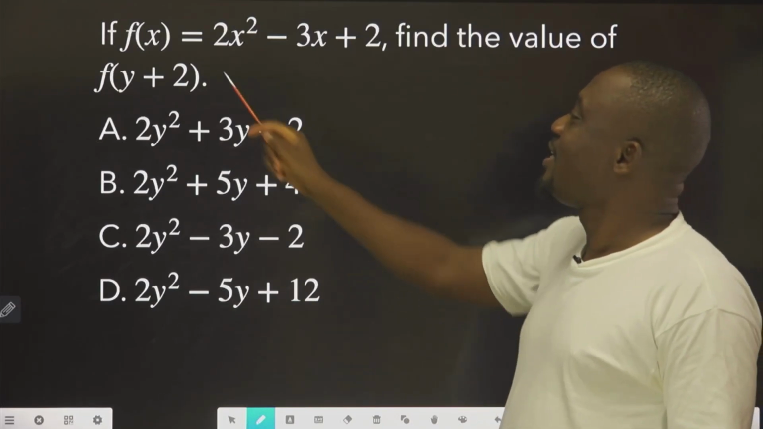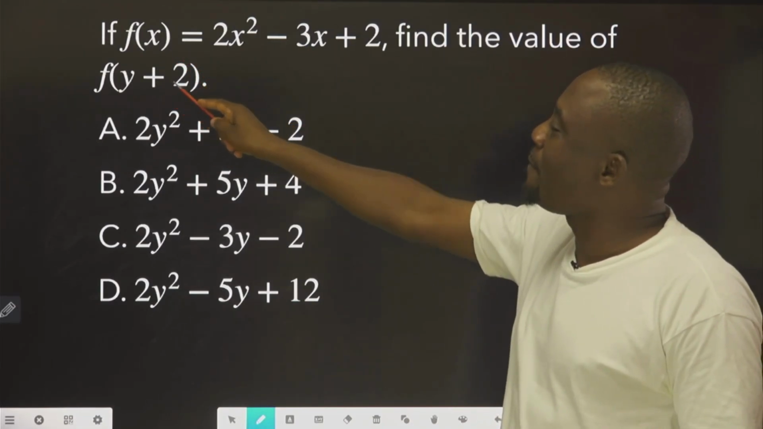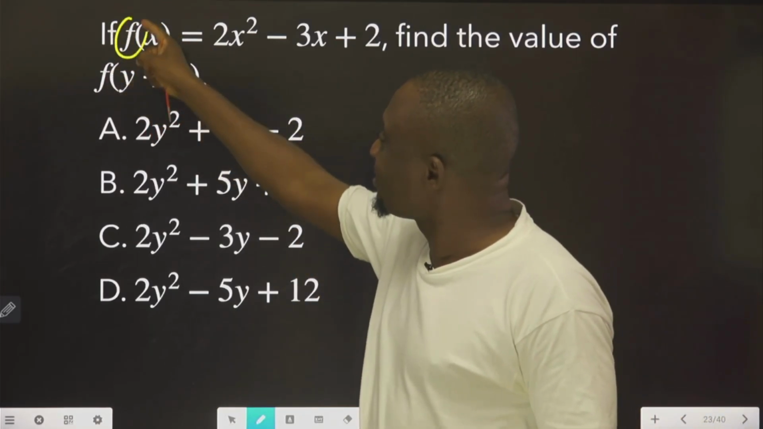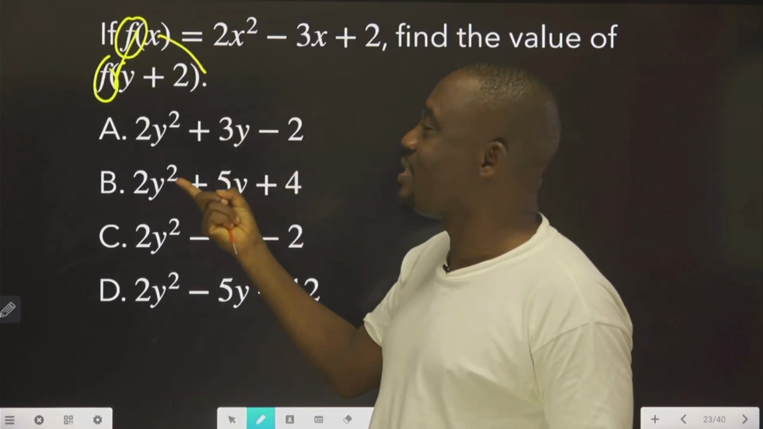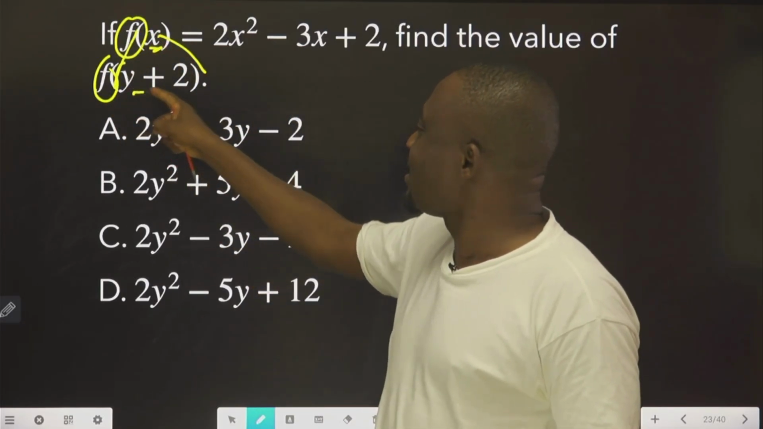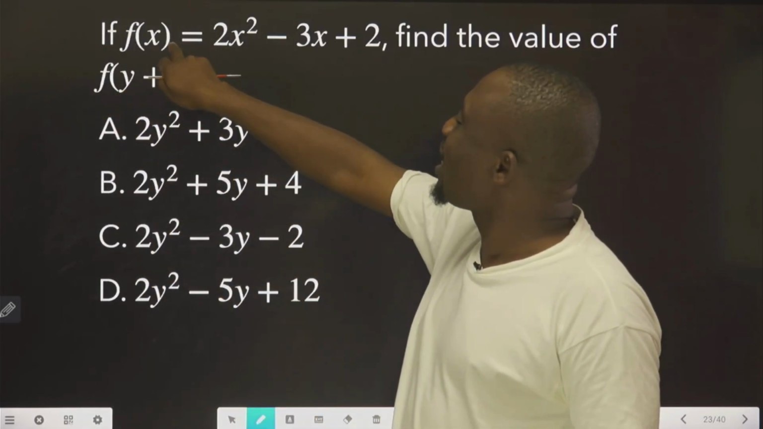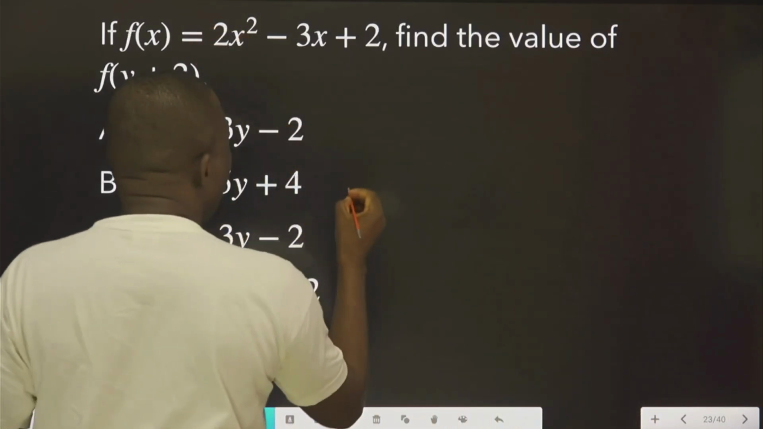It says, if f of s is equal to this, find the value of f of y plus 2. What it means is, as you can see here, this is f, right? This is also f. This bracket is here, this bracket is here. What is missing is just s. That is, this is replacing x. It means we are substituting wherever we see s, these values. So therefore, we are going to come here to say this